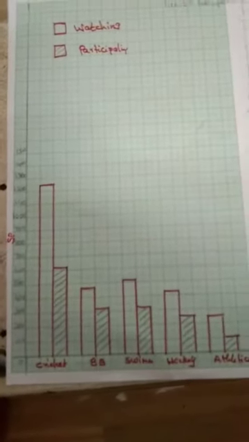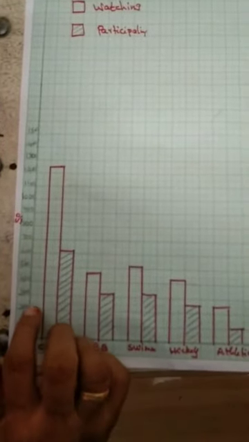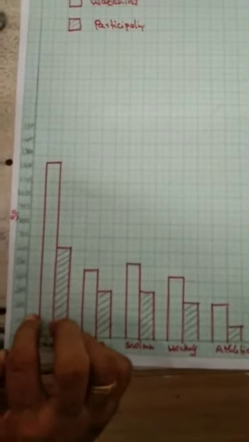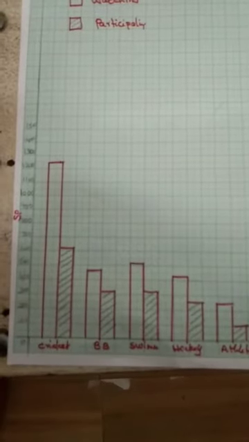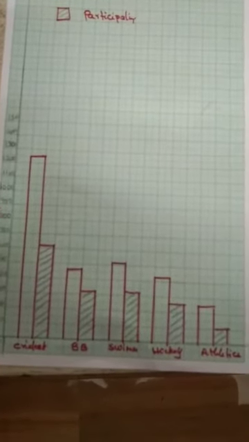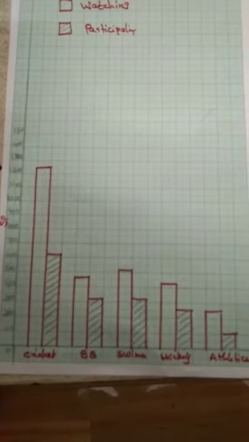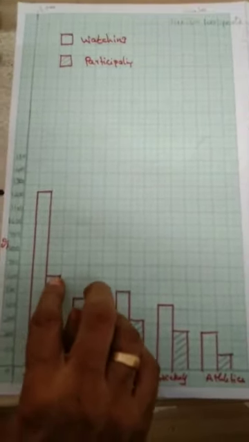Okay, as I said, I have taken the scale to be 100. So all the small lines are going to be 10 units. So 110, 120 and the middle line between 100 and 200 is going to be 150. So 150, 160, 170, 180, 190, 200 like that. Now, watching. How many of them like to watch cricket is 1240. And how many like to participate is 620.